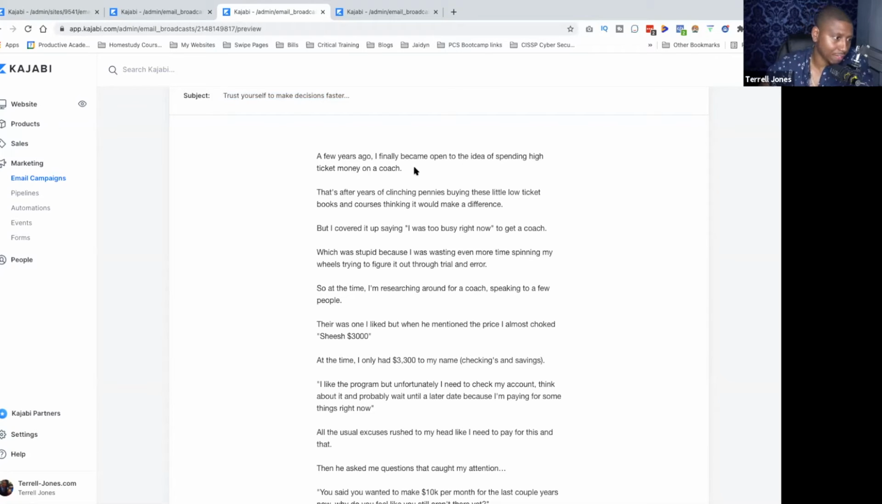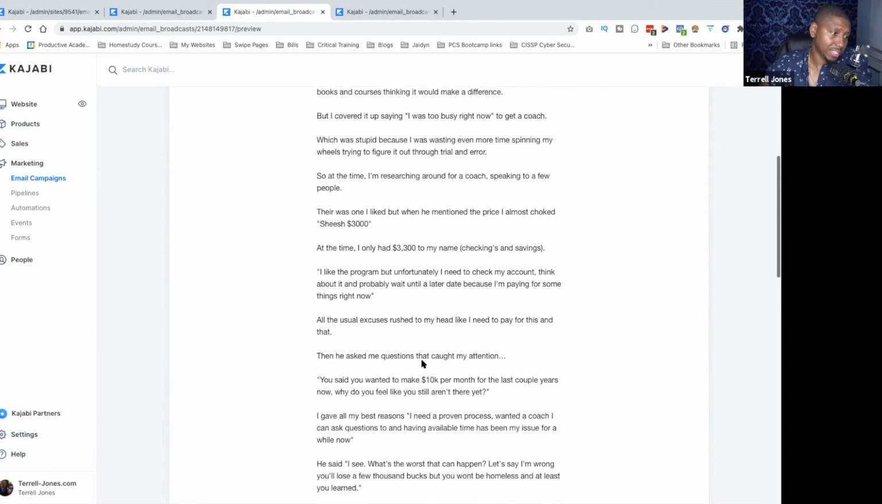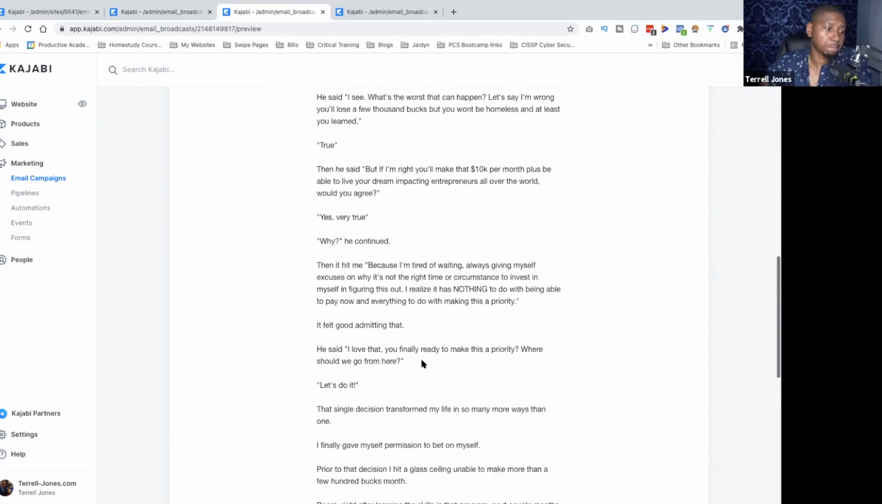So mine says, a few years ago, I finally became open to the idea of spending high ticket money on a coach. You're like, that's interesting. I've considered spending high ticket money on a coach too. So it can be a question, it could be something that's intriguing, it could be a statistic, but something that's going to capture their attention. In this case, I decided to tell a story. So I told a story,